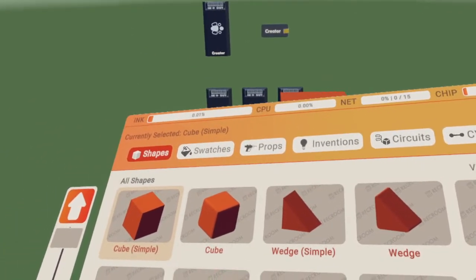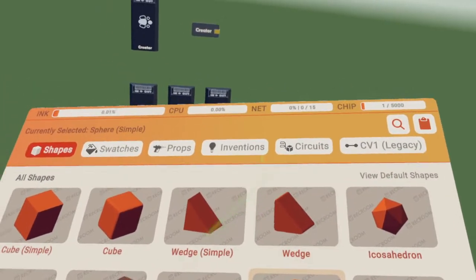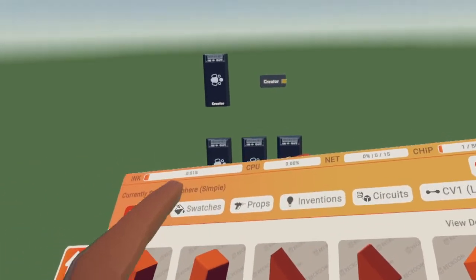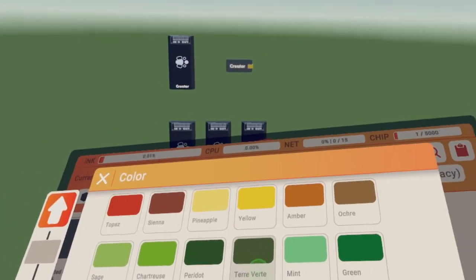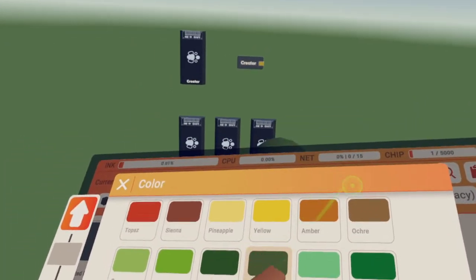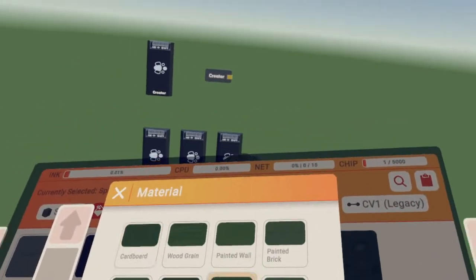Let's go ahead and get a sphere. And we're going to make it terre verte. And the color will be dirt. Just like my,